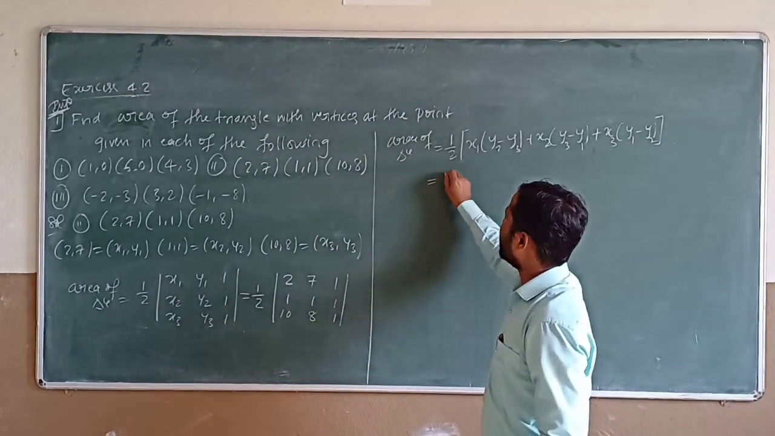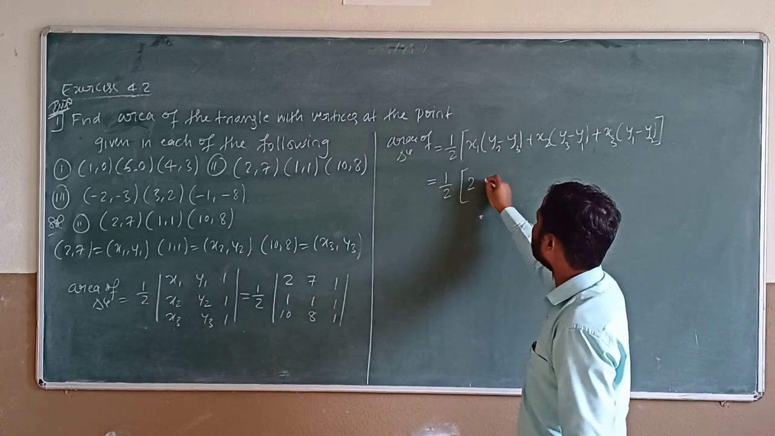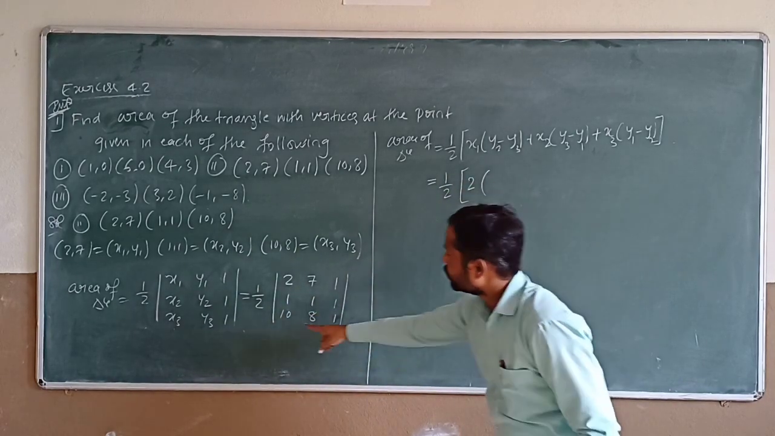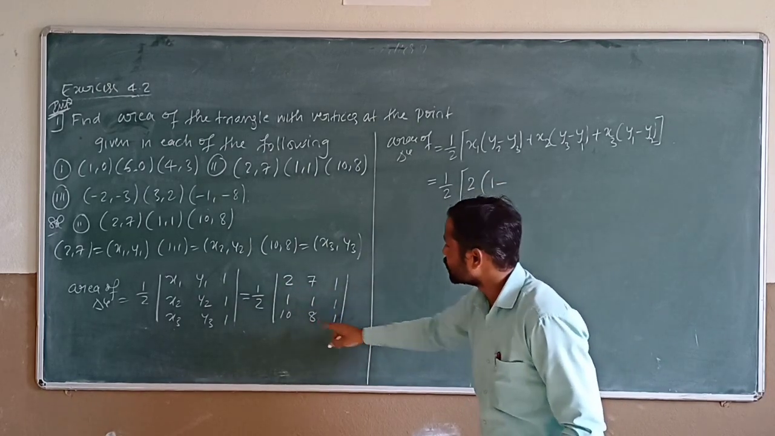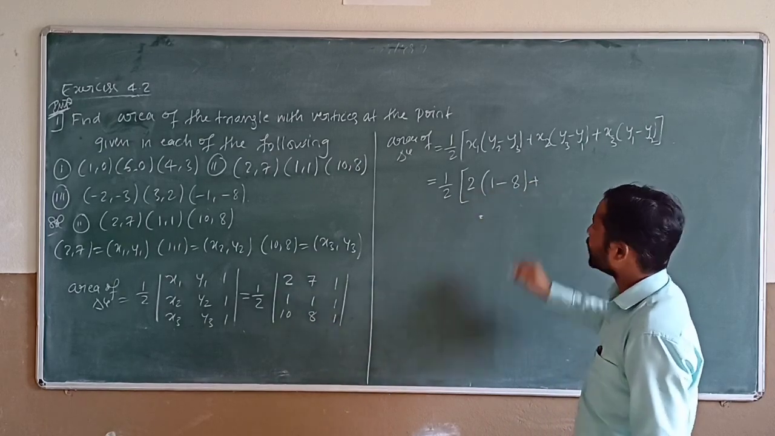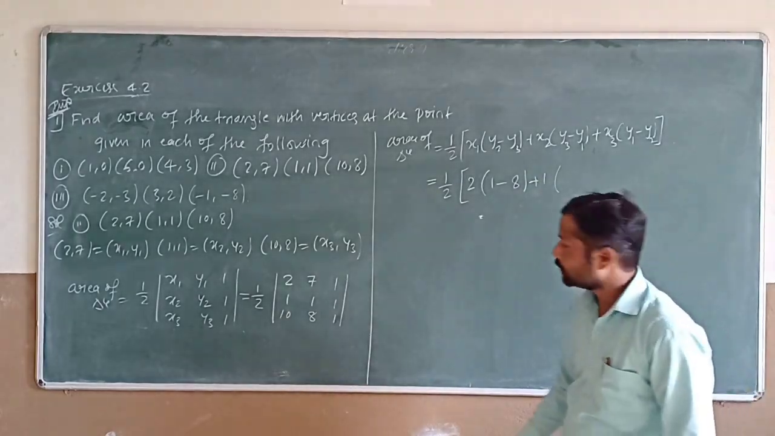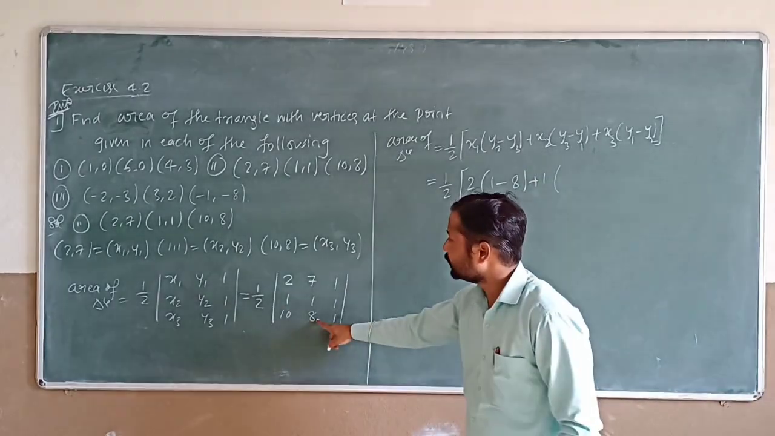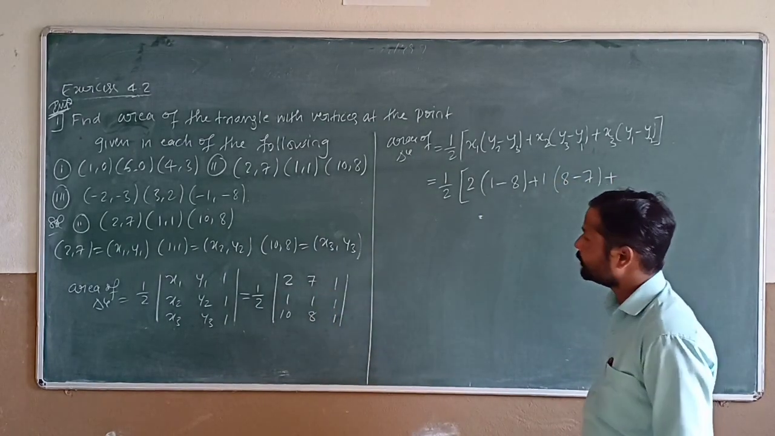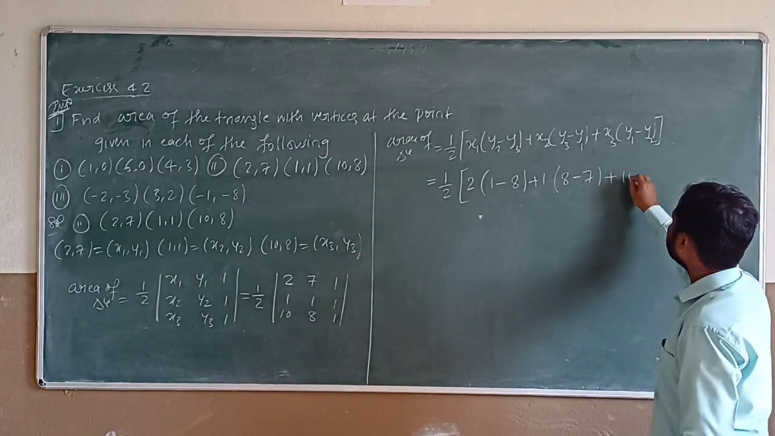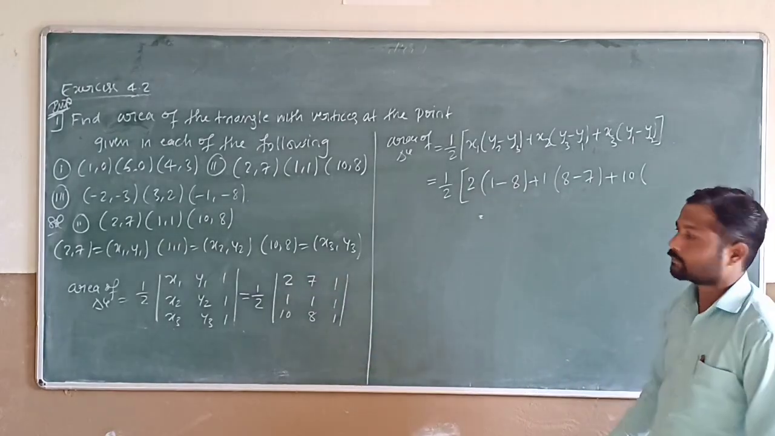Take 1 by 2 as it is, into x1, that is 2, into y2 minus y3. From the first column, 1, 1, 1, that is minus y3, y3 is 8, okay. Plus x2, that is 1, into y3 minus y1, that is 8 minus 7. Plus x3, that is 10, into, right, from the first and third column, that is